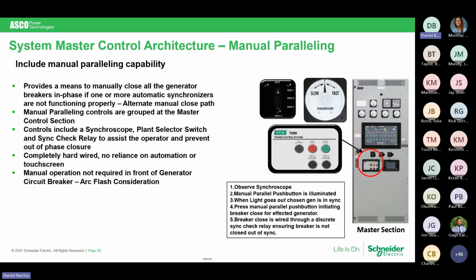A very important point is that if you're looking at that synchronoscope, it has to be moving in a direction very slowly. If it is moving too quickly, you're completely out of synchronizing. I cannot get in that acceptable window long enough for me to operate my closing. We obviously do not want to close out of phase. We don't want to damage either the generator or any type of downstream motor load.